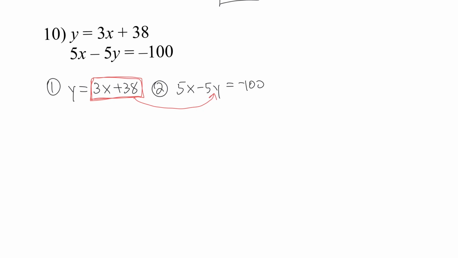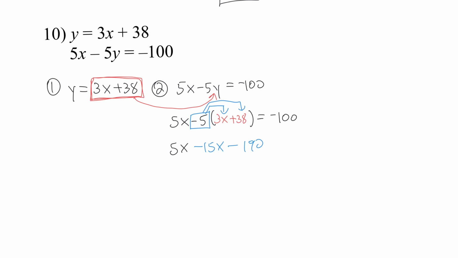So you bring down the 5x minus 5, substitute. So we have the 3x plus 38 equals negative 100. Now you want to solve for x. So I'm going to bring down the 5x here. I'm going to distribute. Notice this negative 5. You multiply, distribute to the parentheses. So negative 5 times 3x, that's negative 15x. And negative 5 times 38, that will be negative. Oops, I put a positive. Let me change it. It's going to be negative 190